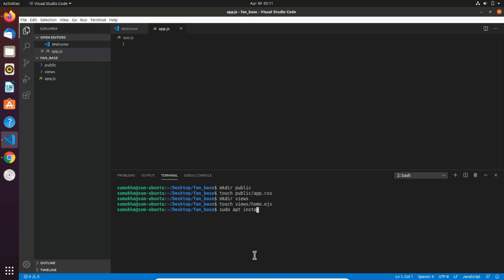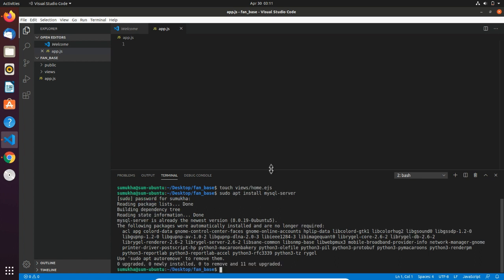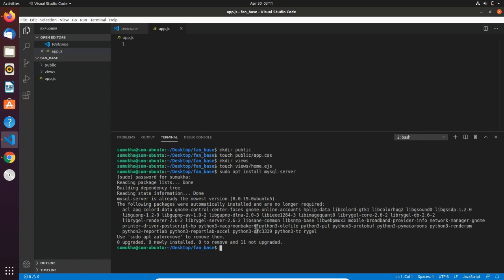Let's start with sudo apt install mysql-server, if you have not yet installed it. It will ask for my system password. Press enter. Since I have already installed it, it doesn't take much time for me. I have my MySQL server on.